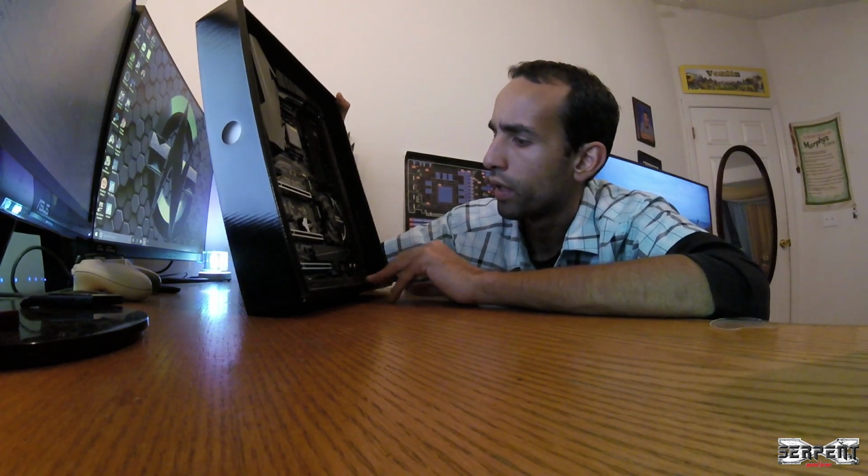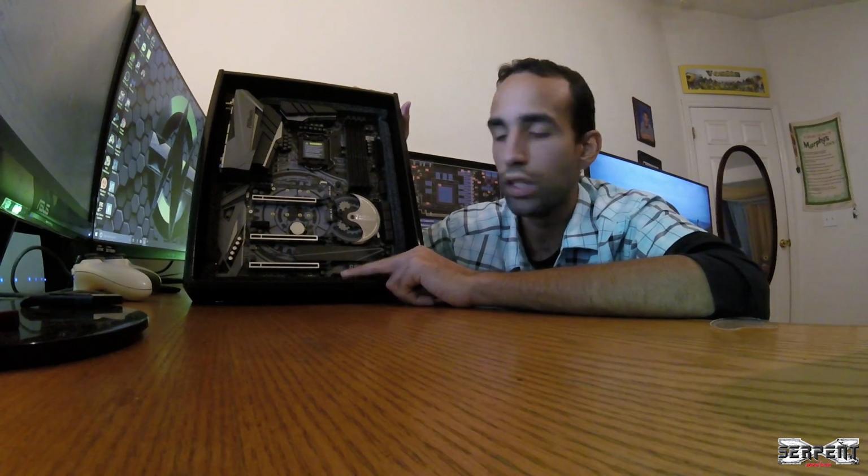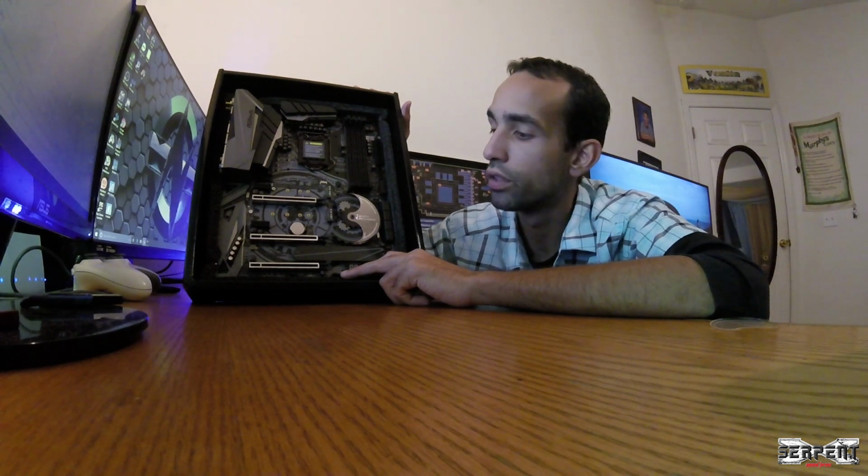The only thing I would be plugging in, because of the front panel connectors on the new case that I'll show you, is all I need. I don't need a USB 2.0 for the front compared to my old case. So I can use this just for the